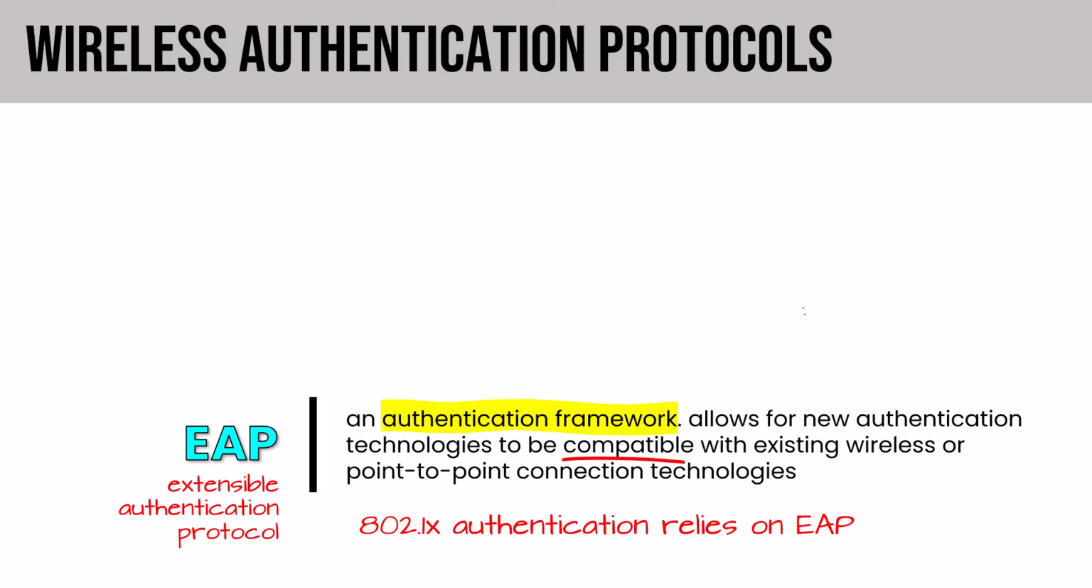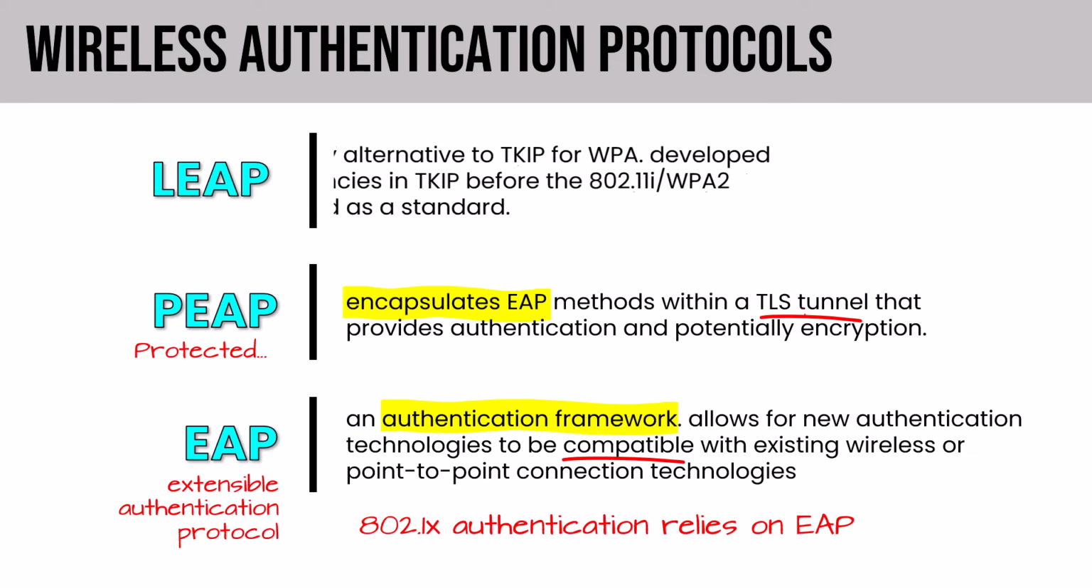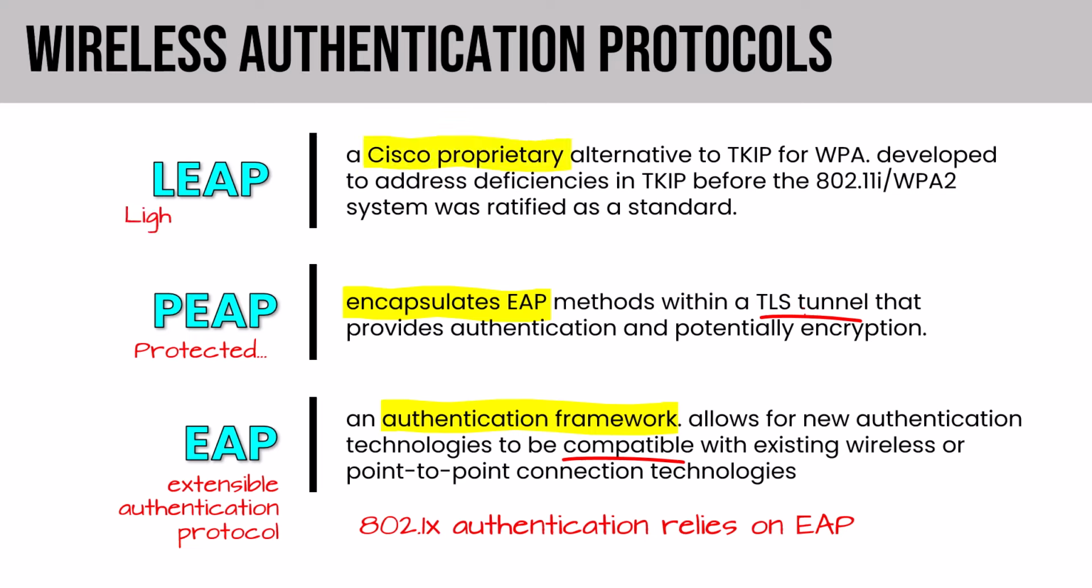actually variants here. There's Protected Extensible Authentication Protocol, which encapsulates EAP methods with a TLS tunnel that provides authentication and potentially encryption. And then there's LEAP, a Cisco proprietary alternative developed to address deficiencies in TKIP before the 802.11 WPA2 system was ratified. And there's a progression of EAP that leapfrogs the LEAP variety, which is why I wanted to